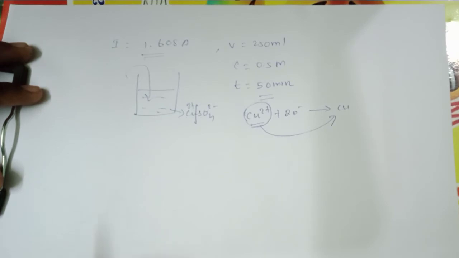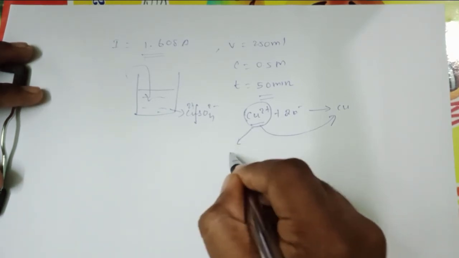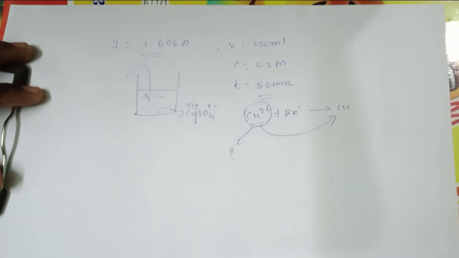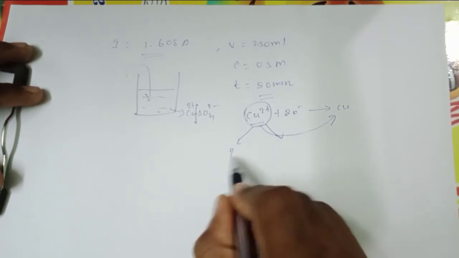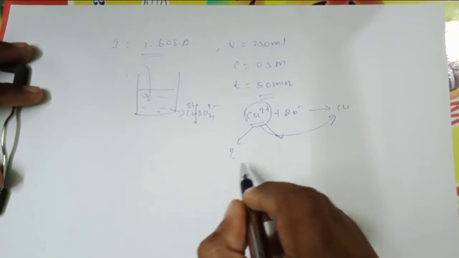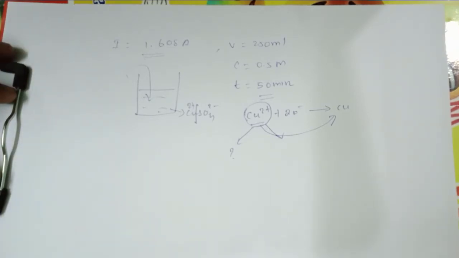So what is the method of calculating this? Before electrolysis, how much Cu2+ was there in the beginning? After the electrolysis, how much Cu2+ ion is removed? When you subtract both the values, you can calculate the remaining value. Initially how much is there, how much is electrolyzed; when you subtract both, you will get the remaining value.